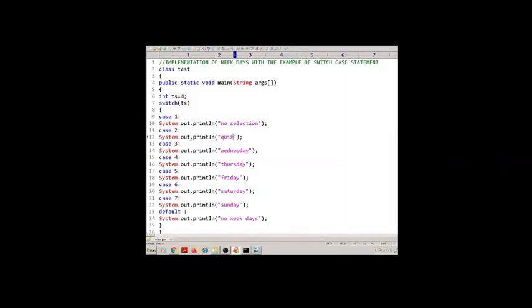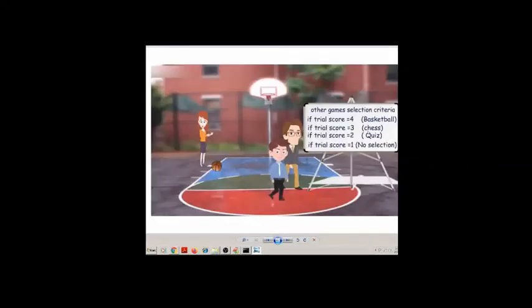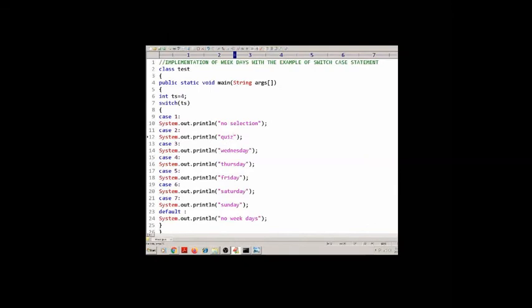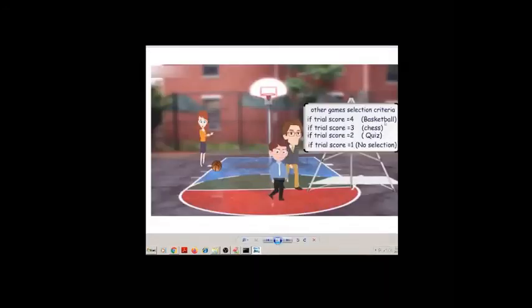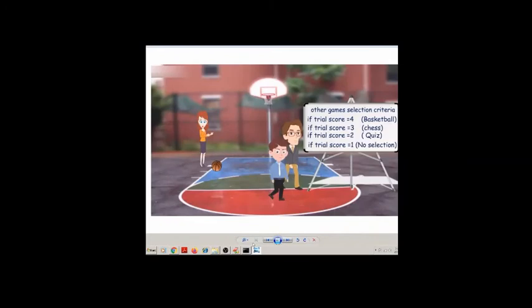Case 2 for quiz. Case 3 for chess. And case 4 for basketball.